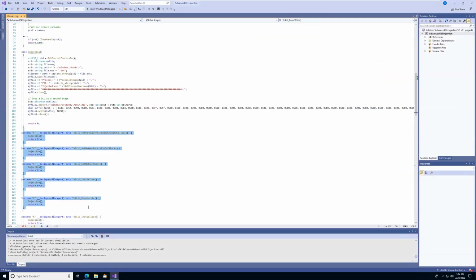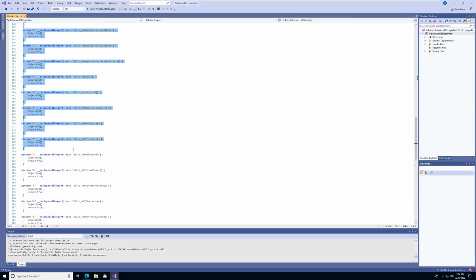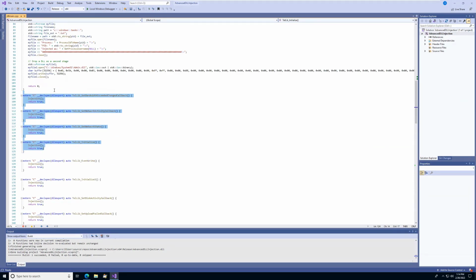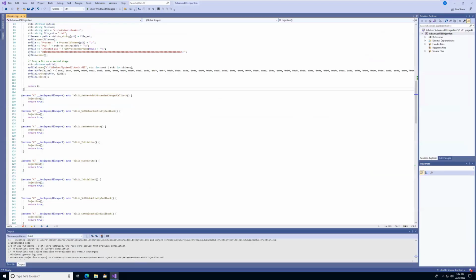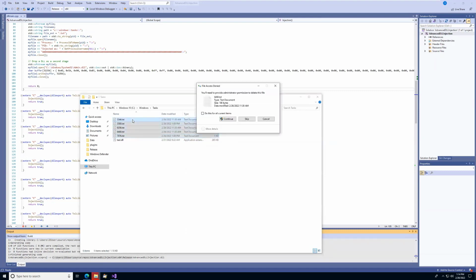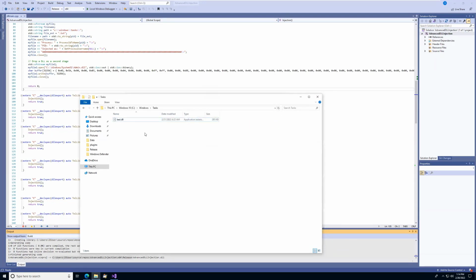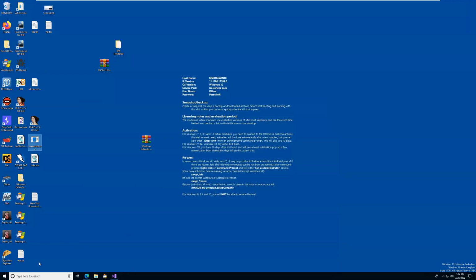All right, and of course, you don't need this. So this is in case you are doing it for another binary. All right, so we have it compiled there. We need to move it. Take it here, boom. Then we can copy it, put it into Windows task. I already have a few executions from a previous one, so I already have it there, test DLL. So what we're gonna do now,